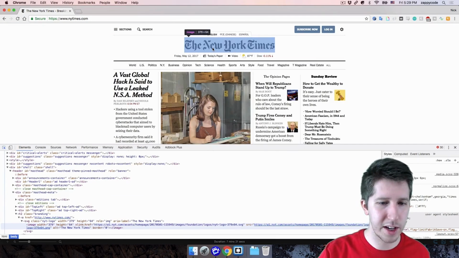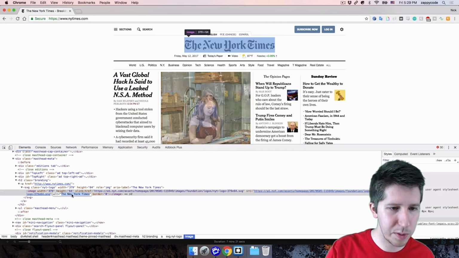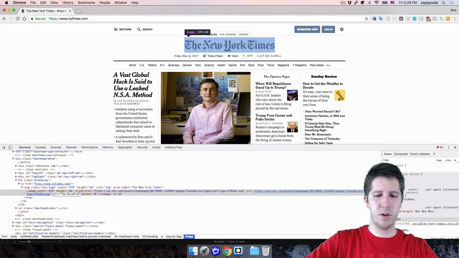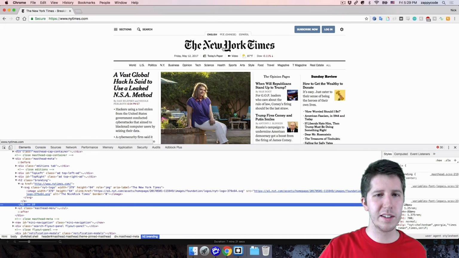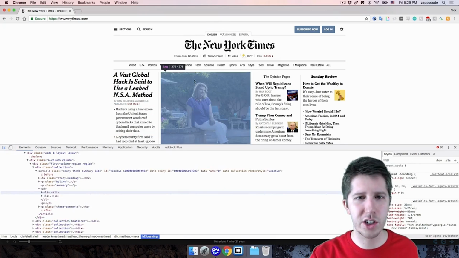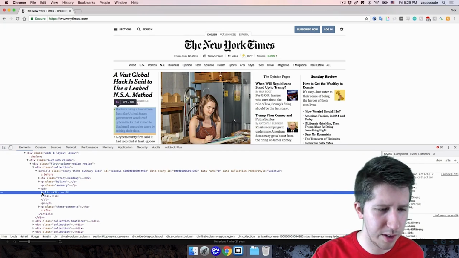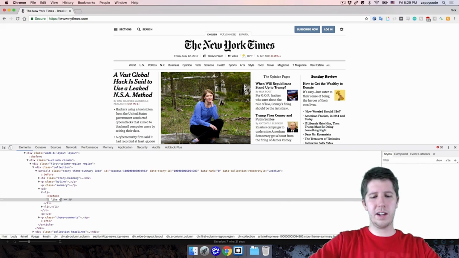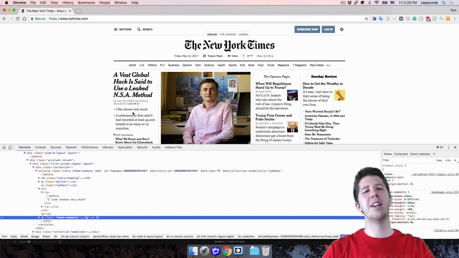So for instance, let's see if I can even change the New York Times title. It might be an image, but let's see. I'm going to double click where it says New York Times, and I'm going to change it to the Rick Times or something like that. Yeah, I don't think that worked because I think that's probably an image. So let's go ahead and try and change something else. Let's change maybe like this little chunk of code inside of here. Okay, so I'm going to double click and just say, I like cheese very much or something like that. And all of a sudden, look, I like cheese very much.